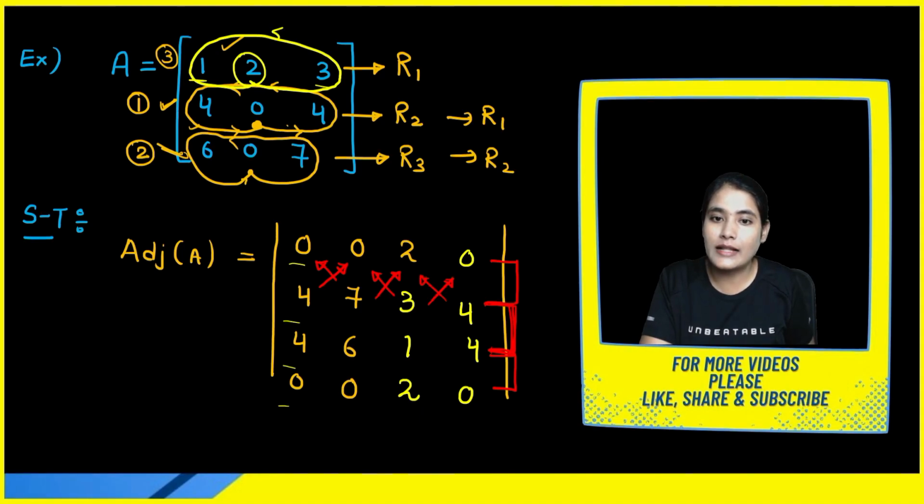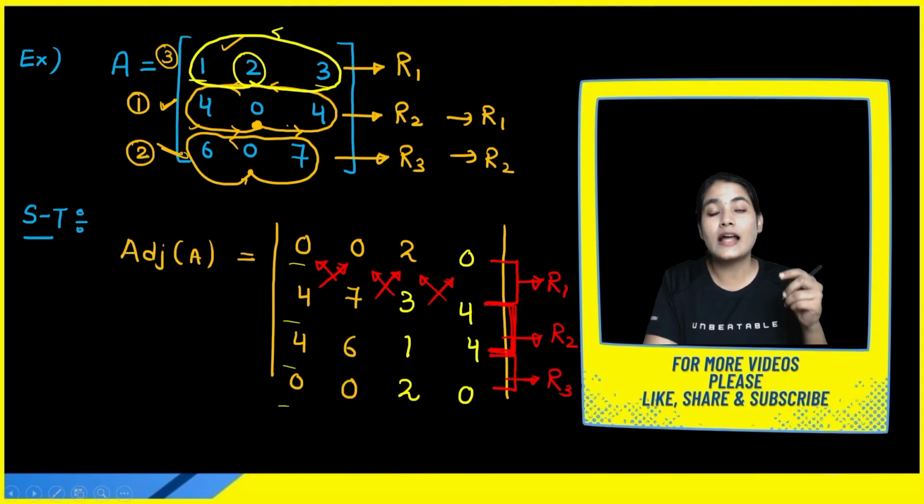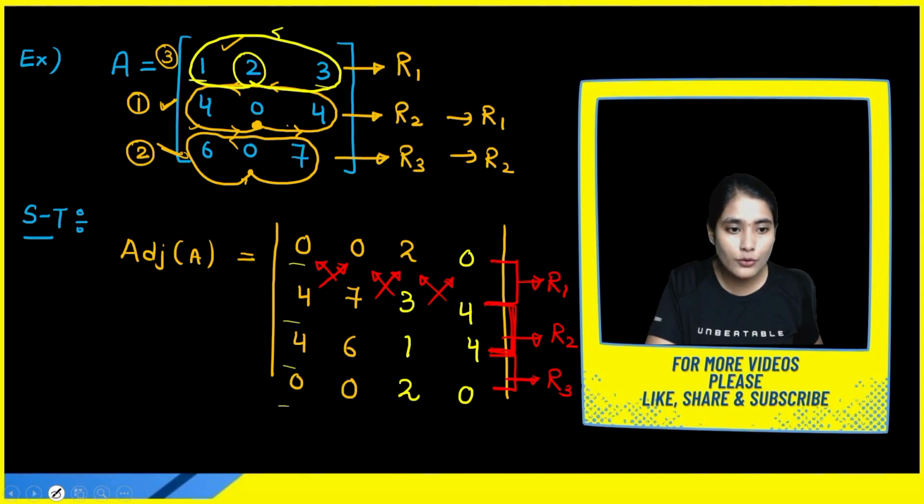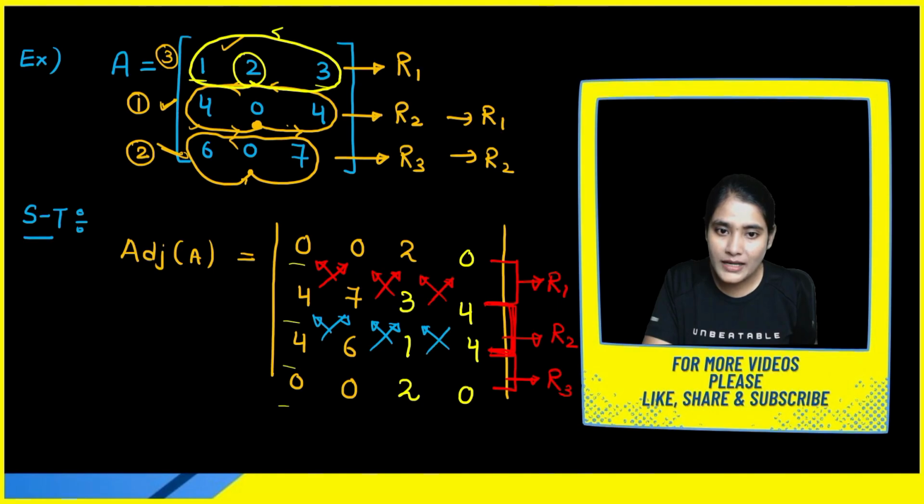When you make a combination of second row and third row, like when you are considering first two rows, you are getting row 1 in your adjoint matrix. When you take second and third row, you will get the second row, and when you consider third and fourth row, you will get the third row in the adjoint matrix. Now we have to consider second and third row. So we have to do cross multiplication like this. Let's do the cross multiplication.